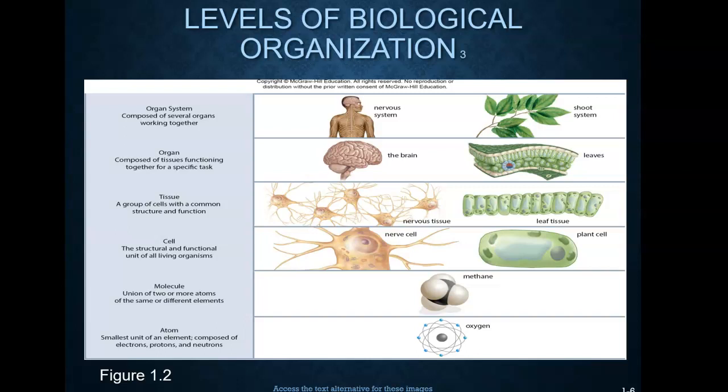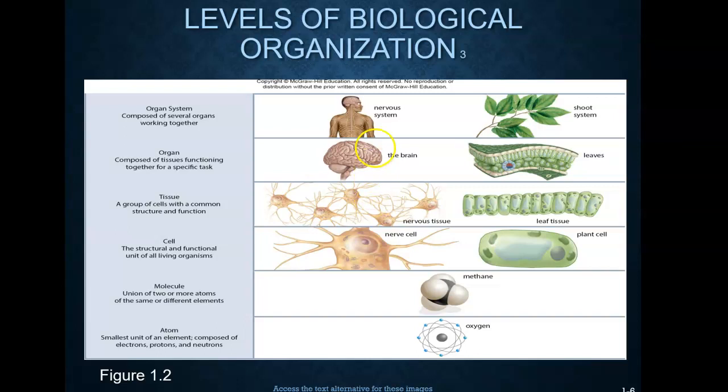When we take molecules of various forms, we form a cell. The cell is the most basic, or fundamental, unit of life. We know that bacteria are living organisms, but they are unicellular, only made of one cell. We, on the other hand, as well as plants and other organisms that we'll talk about later, are multicellular. So we have several different cells making up our tissues.